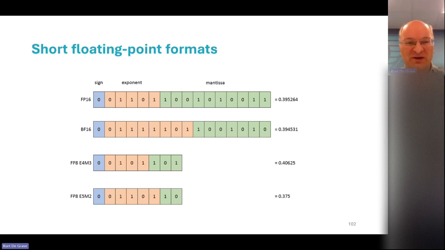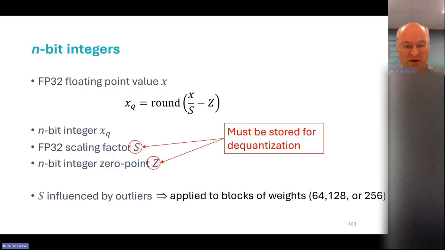You have an exponent to tell us the order of magnitude, and you have a mantissa to have some precision in where around that order of magnitude exactly your number is. As I said, in brain floating point, you have more exponent bits and fewer mantissa bits.